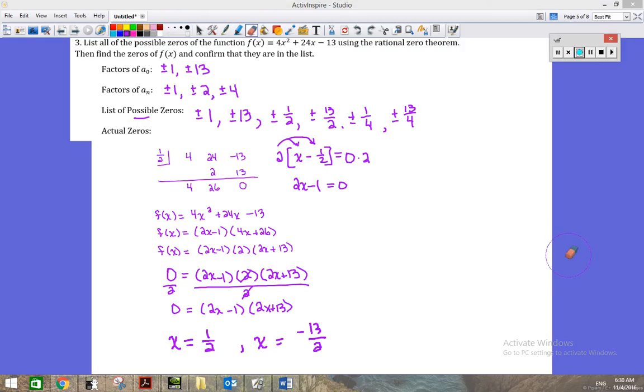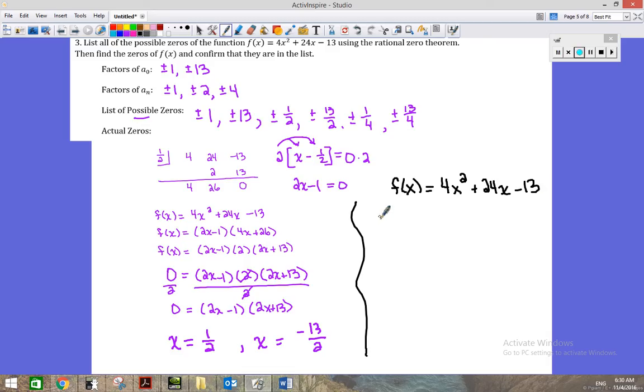Alright, so let's do this in a different color. Had we just jumped in and said 4x squared plus 24x minus 13, if we set that equal to 0,